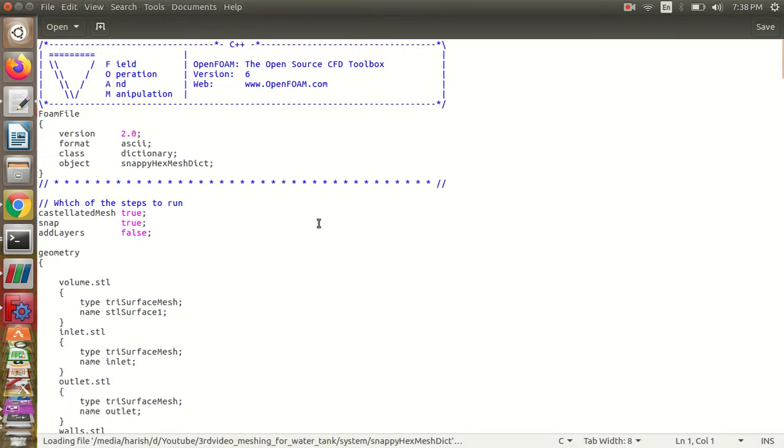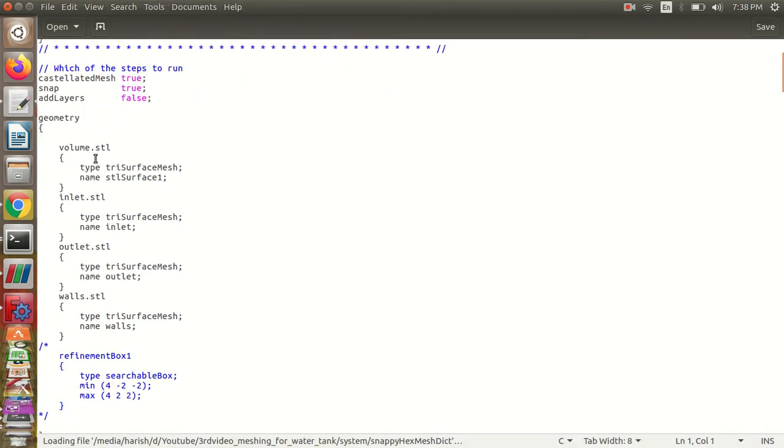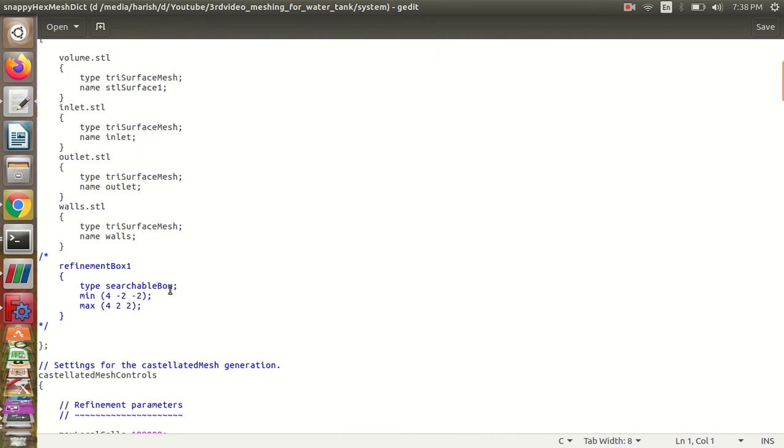Then we'll go into SnappyHexMesh. Here you need to mention all the STL files which you loaded, including your entire geometry and your surfaces, that means your walls, for example your inlet wall, outlet wall and other surrounding walls. These are all going to be your surfaces, and this is going to be your entire volume.